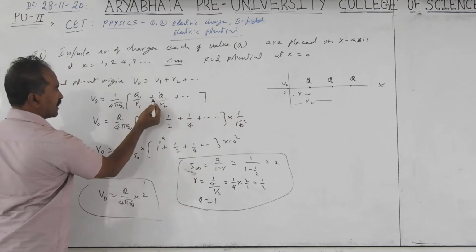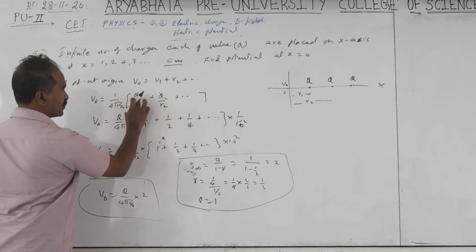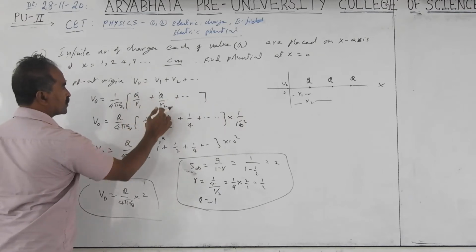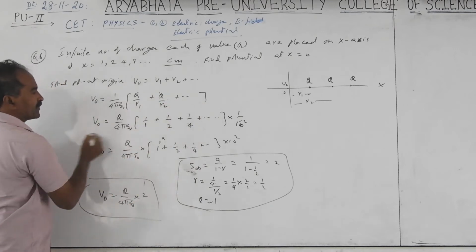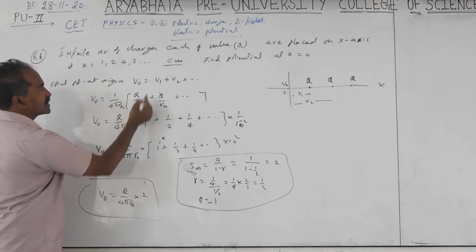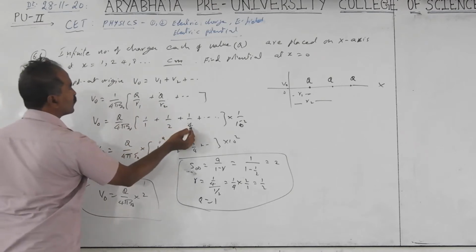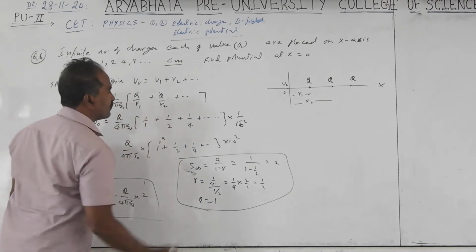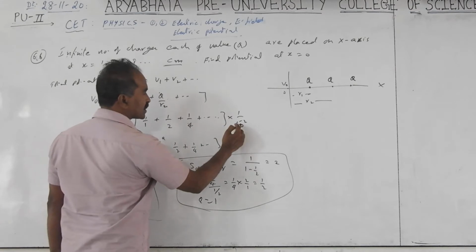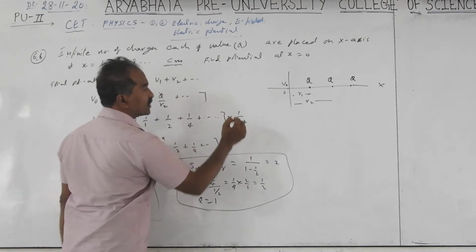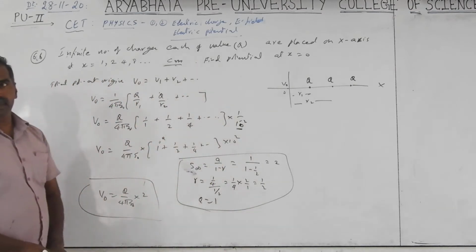But here the charges are the same, the distances are not the same. So we can take Q by R1, Q by R2 and so on. Taking Q by 4 pi epsilon naught out, then you will get the distances given as 1 centimeter, 2 centimeters, 4 and so on in the denominators. But the centimeter term is there, so you have to be careful with this conversion. Don't forget to convert centimeters to meters. They may give meters, they may give centimeters.